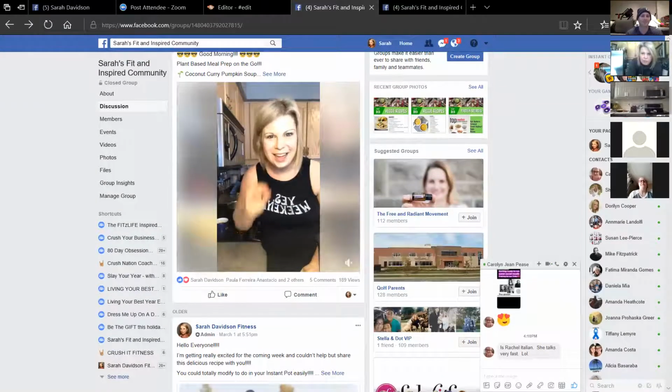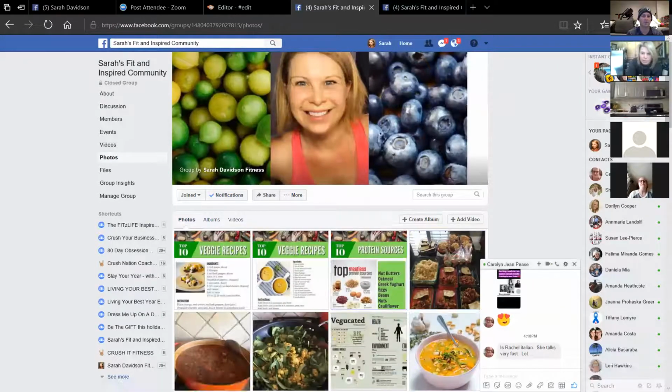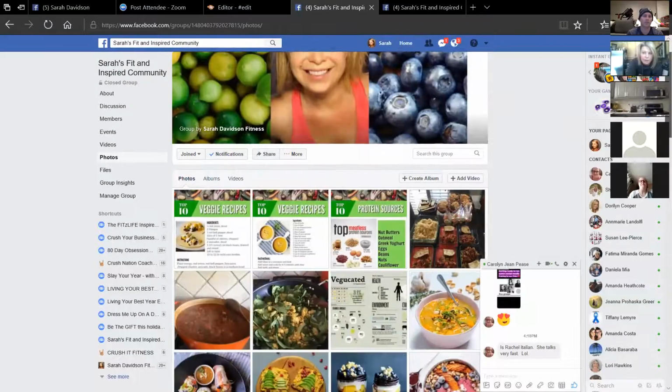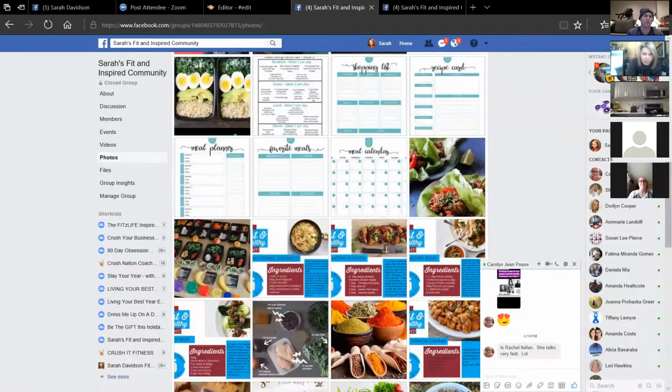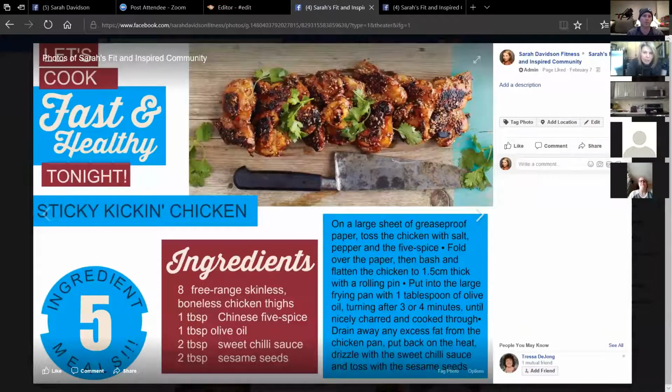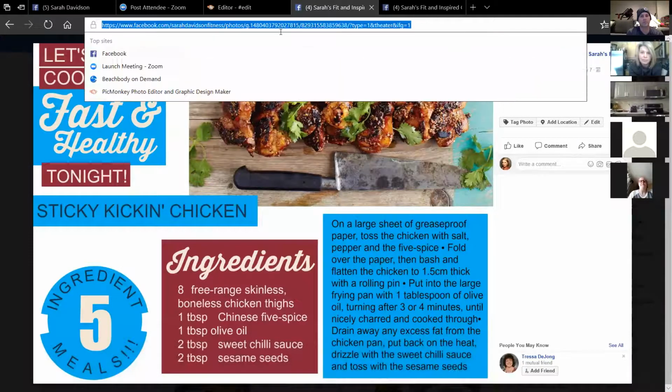But I was going to show you some of the images. So you saw, Mike, there's our template for the vegan group that we're creating for the 5-ingredient meals. It just makes it look a little bit more professional, and we'll be sharing these pics so that you can use them. They're easy to go in and create.